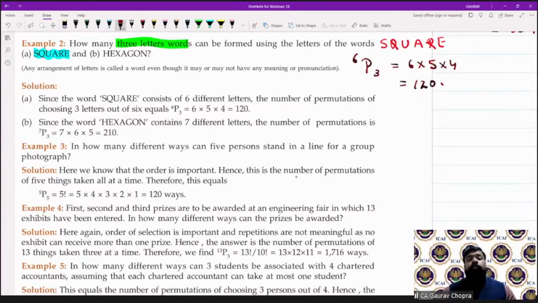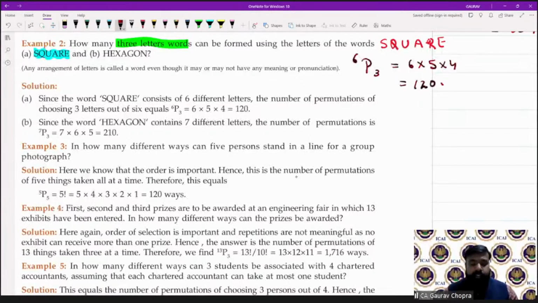Now, whenever we are talking about permutation, it means two things: selection as well as arrangement. This you have to understand and remember by heart. Whenever we are using the word permutation, it means selection as well as arrangement. Whereas in combination, there is only selection, no arrangement, but in permutation, both things are done, selection as well as arrangement.